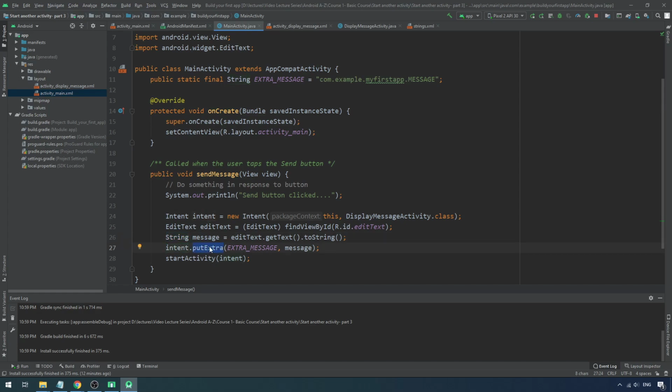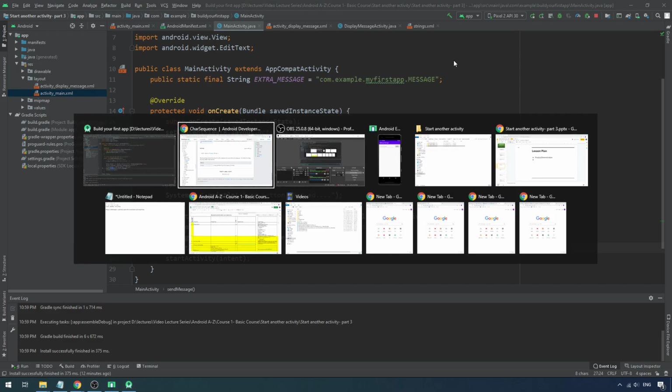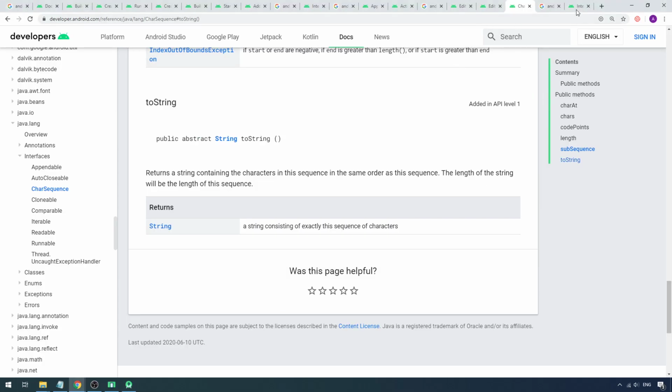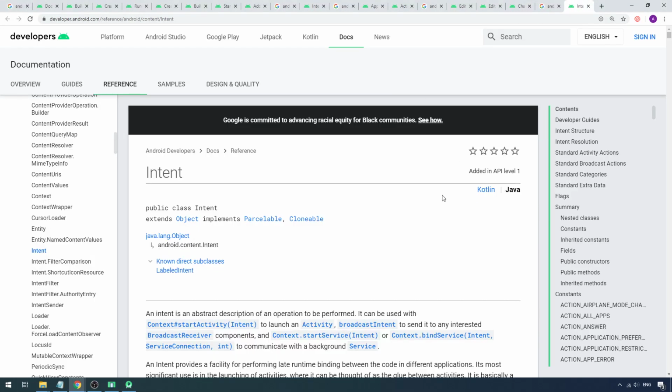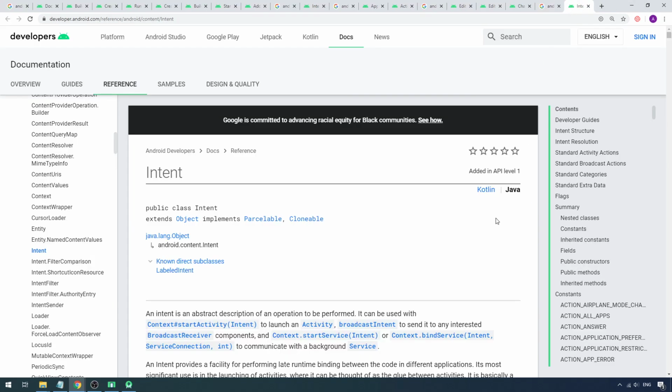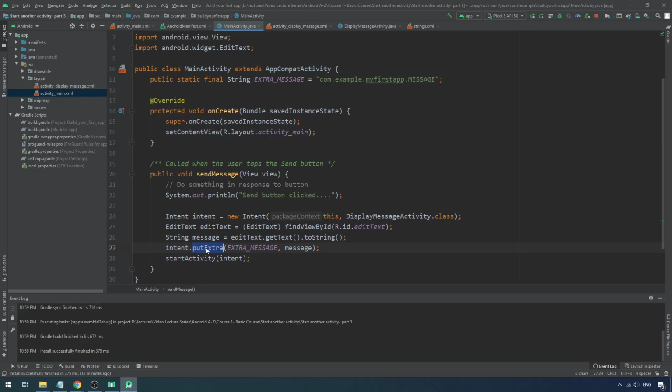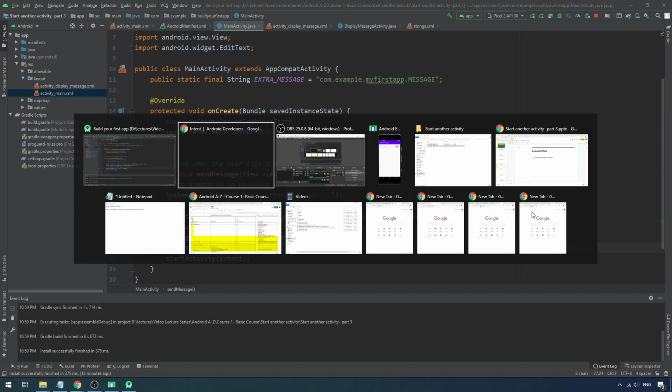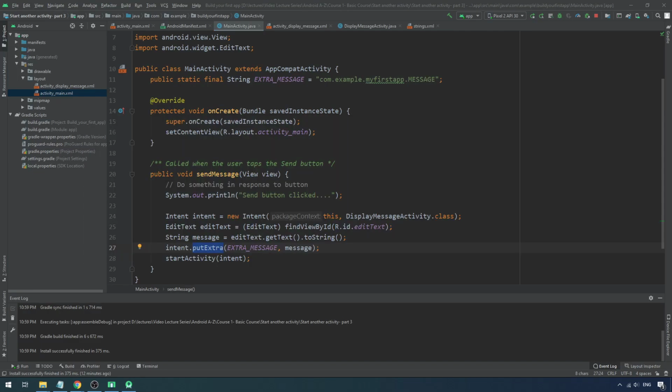Intent.putExtra. So this putExtra method is a method of Intent. So now you have to look at the Android API Intent class for the putExtra method. So if you go to the API and look for the Intent class, you have to Google search Android Intent class, right? So you have to search and then you will be getting into that class. That is how you get into the API, and then you have to look for the putExtra method. If you want to get extra information, look for the putExtra method.